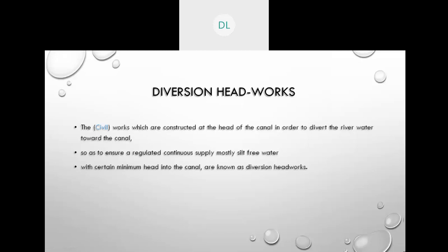And this discipline in water supply is a must, because water is not available in abundance. It is available in very limited quantity, and that water needs to be supplied for irrigation as well as for other requirements. So regulated continuous supply means we are regulating the flow, but we are providing the supply of water continuously so that we could get crops, so that we become self-sufficient in food grains.